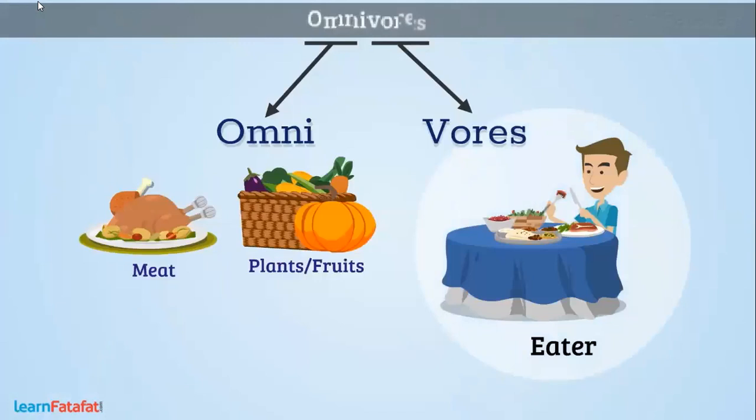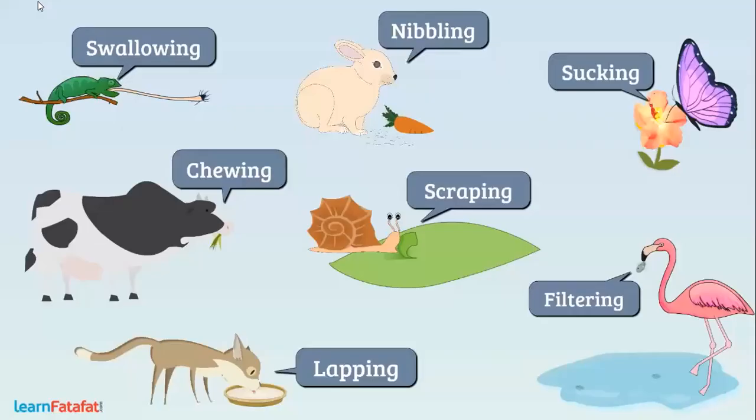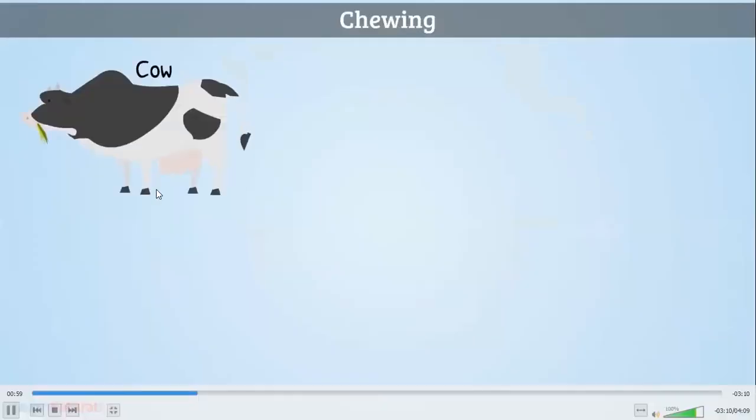And those who eat both plants as well as other animals are omnivorous. They also have different ways of eating their food. In this video, we will talk about different ways with which animals eat their food. Chewing. Animals such as cow,